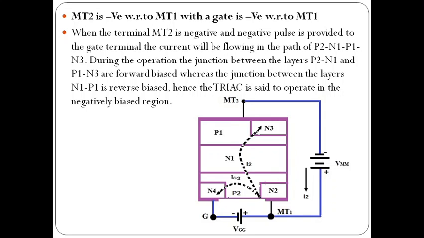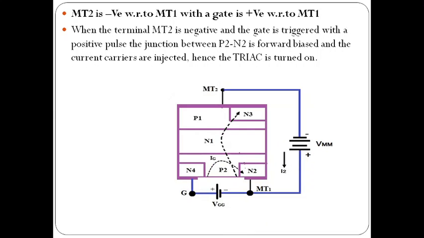It is from P2 N1 and P1 N3. This is the current flowing path in this circuit. So we can say the triac operates in the negatively biased region also. Clear? And coming to the fourth condition, MT2 is negative with respect to the MT1, with the gate positive